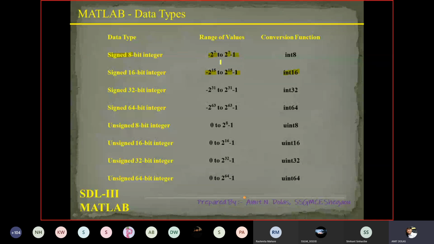Similarly, what is 2 raised to power 7? From minus 2 raised to power 7 to 2 raised to power 7 minus 1, that many numbers we can store in MATLAB for integer 8; for integer 16 this is the range.